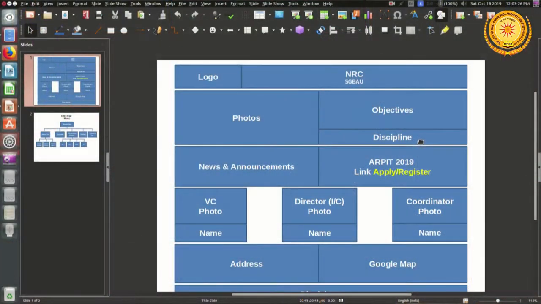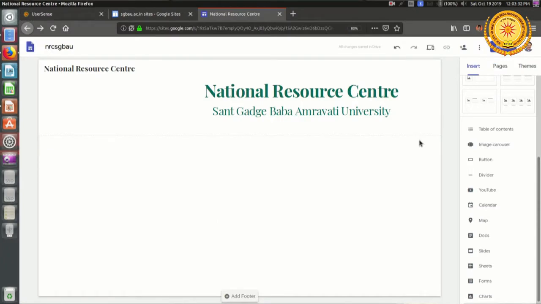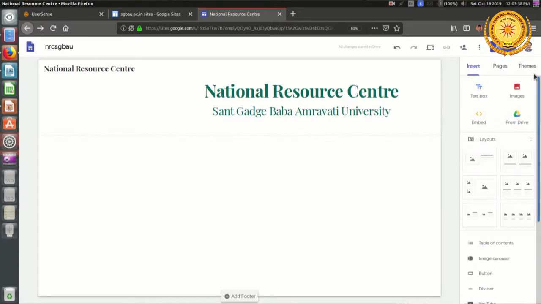So now I want to add the logo towards the left-hand side of the title of our National Research Center. This can be done by inserting the image. So towards the left-hand side, under the insert menu, there is an option, images. So when I am clicking on this option, you will find it is asking whether you want to upload the image, that is, whether the image is stored on your local drive and you want to upload from there, or you want to select from the internet.